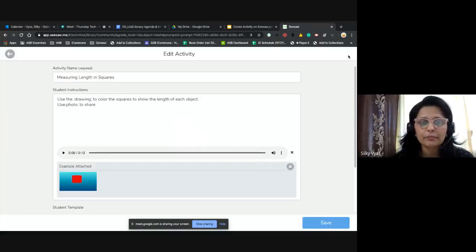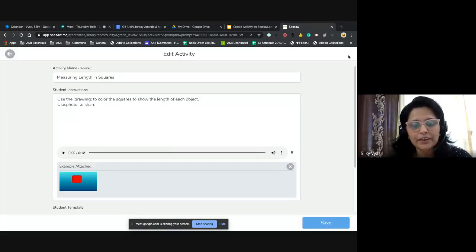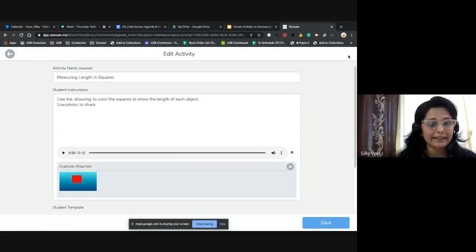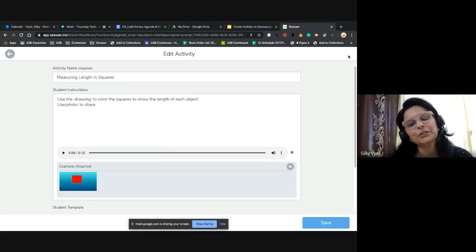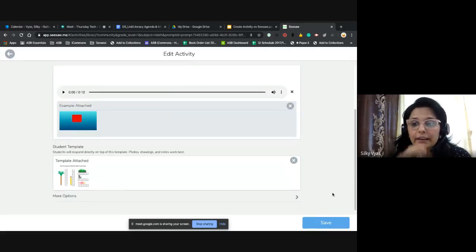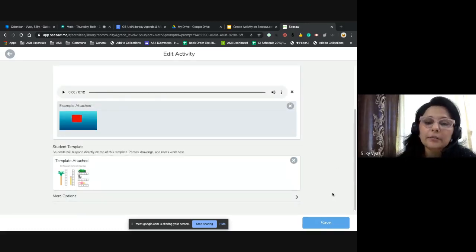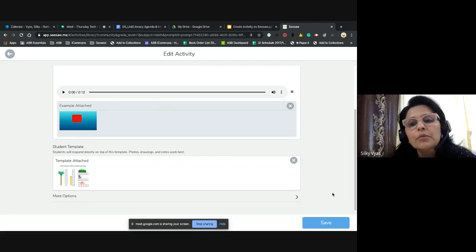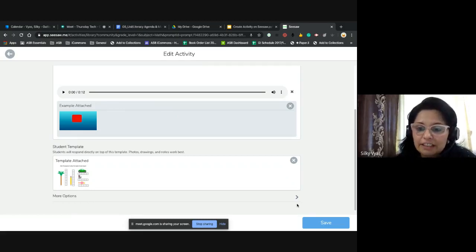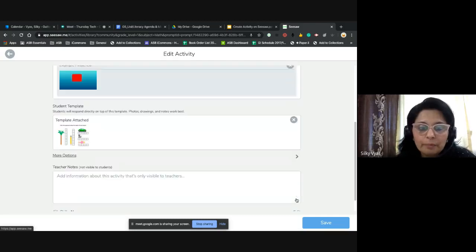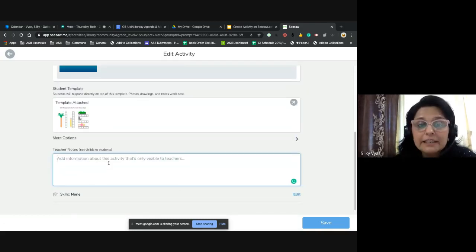So I'm going to go back to my activity. My exemplar is here. Excuse me if I'm not using the right exemplars, because you can do it the way you want. The most important thing, which we have been talking a lot about in elementary right now, is using the More options in the activity. When I click on this More option, it gives me a place where I can add